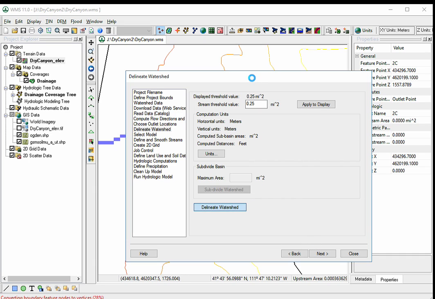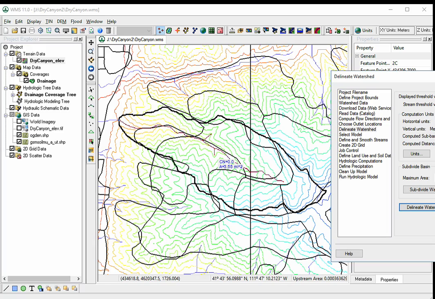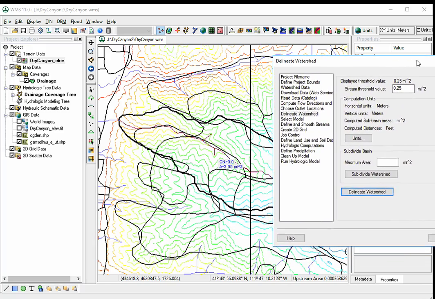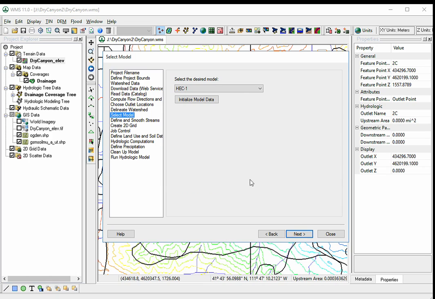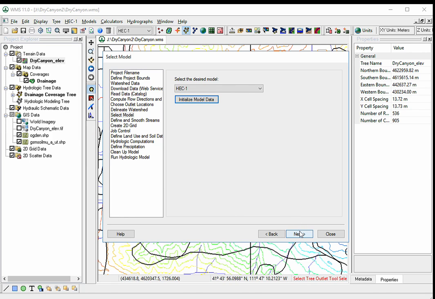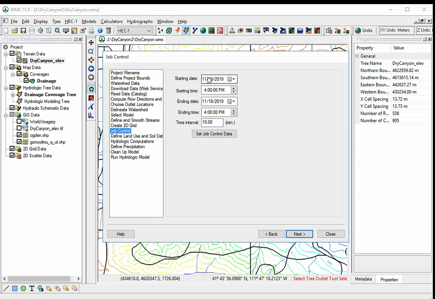And we'll delineate the watershed. There we have it, about 3.65 square miles. Okay, so we'll choose next. At this point we'll initialize the HEC-1 model. I'll choose next, and our start date, I want to set this up for a 2-day simulation is what I suggested before. So if this goes from 11/19/2019, we'll put 11/21, set it at a 10-minute time interval,